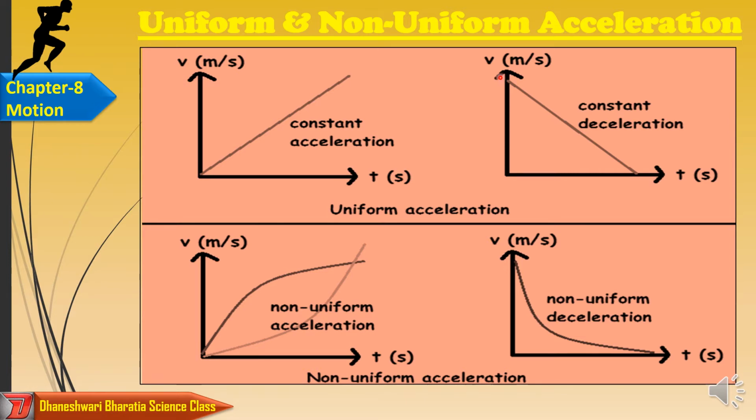right? So that is known as the constant deceleration, which is also known as retardation. Whereas here हमें क्या दिखता है? नॉन यूनिफॉर्म एक्सेलरेशन एंड नॉन यूनिफॉर्म डेसिलरेशन. जब भी ऐसे कर्व्ड लाइन कोई भी आएगी in any of the graph, that will show us the non-uniformity, whether it is acceleration or whether it is motion, right? So this is a small technique to remember whether it is a uniform motion or acceleration, and non-uniform acceleration or motion. Okay,